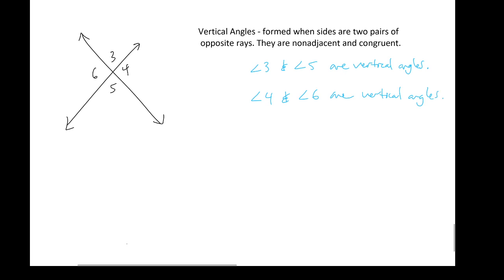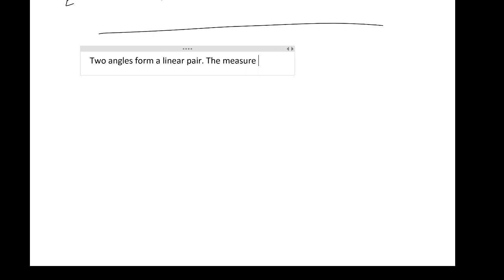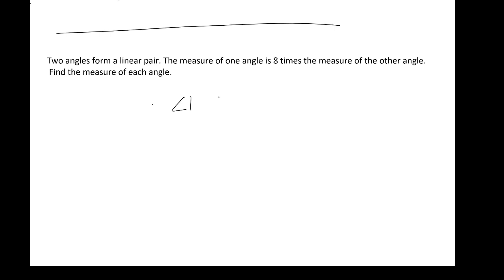Alrighty. My last example for you for today. We have two angles that form a linear pair. The measure of one angle is 8 times the measure of the other angle. So we are going to find the measure of each angle. This is going to be very straightforward, gentlemen. We have angle 1 and angle 2 as a linear pair. Okay, which means they are supplementary, which means that their sum